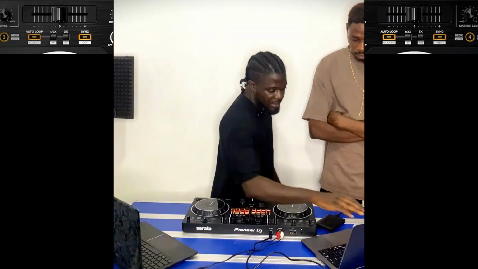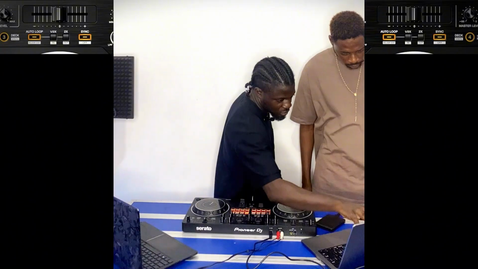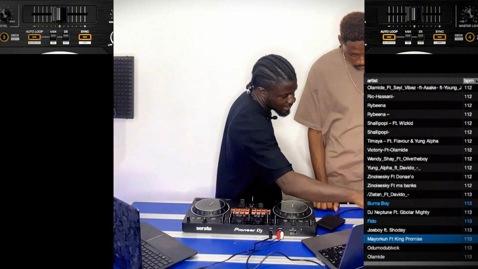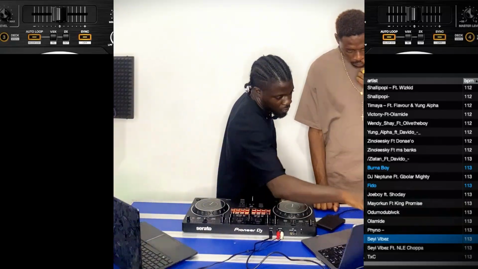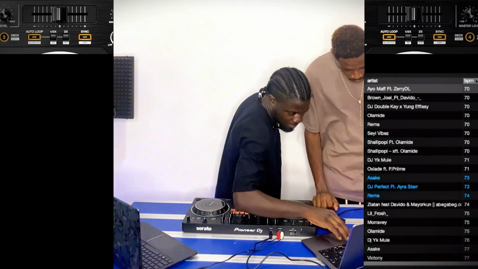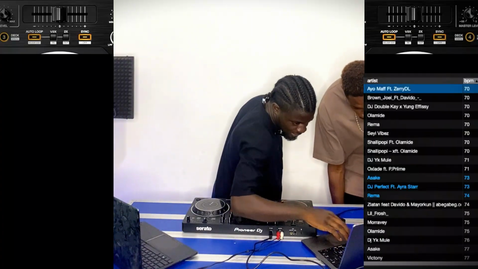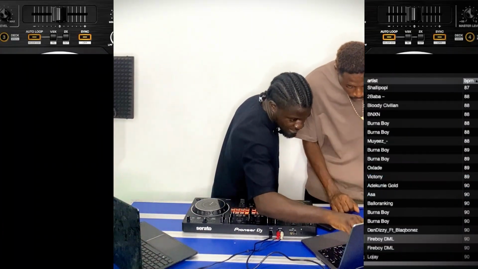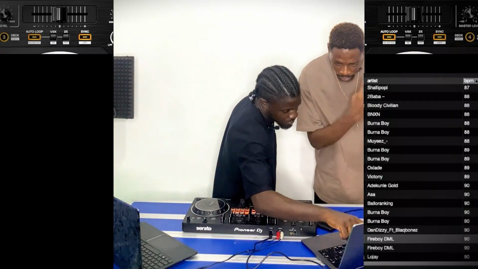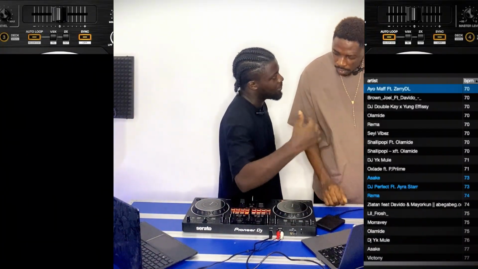Okay. And if you look at the songs that we played on the controller, they have their BPM. BPM is this number that you see here. That's your BPM, 112 BPM. Every other song that you see here, you see them labeled under the BPM section. And you see you have 86, 119, 112. Every song has its own labeling.